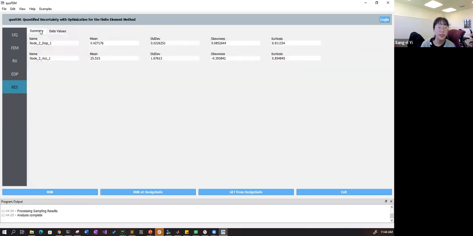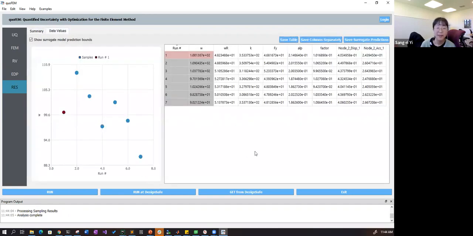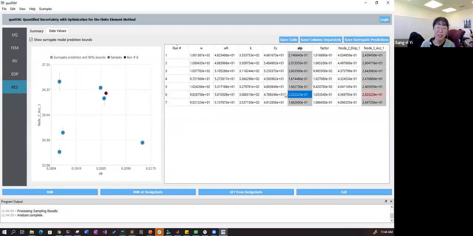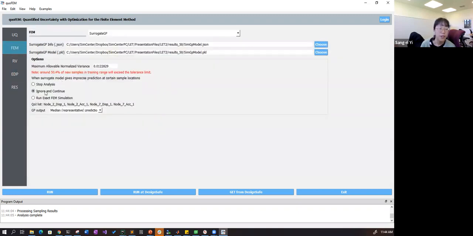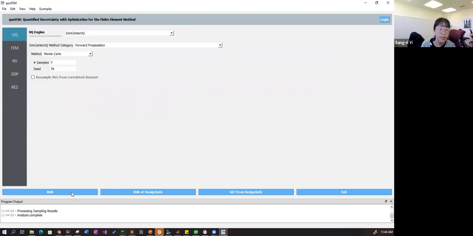And it shows you the results based on the surrogate prediction. Here what I want to inspect is the bounds, probably. These blue points and red points are obtained from surrogate prediction, and the gray point represents the prediction variance. So you might want to use this information, or if you want to choose other options, for example, you can run exact FEM simulation in case your prediction variance is expected to be higher than this value. In such a case, if we run simulation,